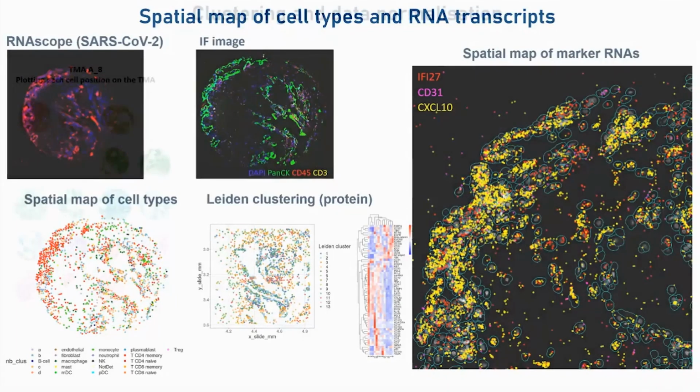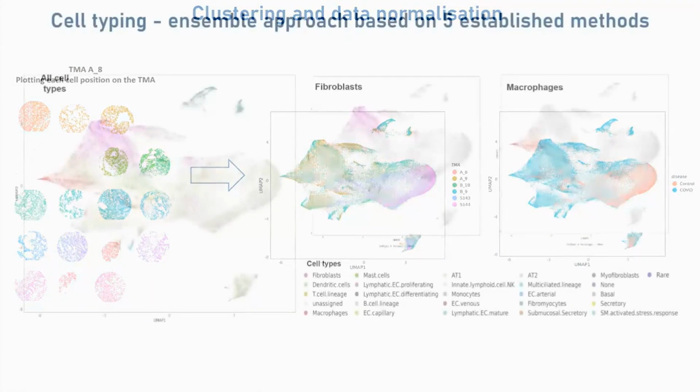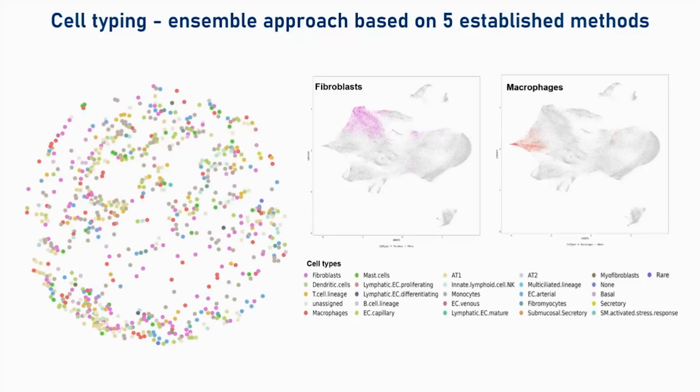And so we can take these and map these back onto the tissues and do some data normalization on this, and we can start to look at the individual cell types. So we can start to look at the fibroblasts and macrophages and so on when we project this onto a UMAP. And then we can start to compare between viral high and viral low, or COVID versus normal, what that signal looks like on the tissue. So this is just mapping those cell types back onto the tissue.